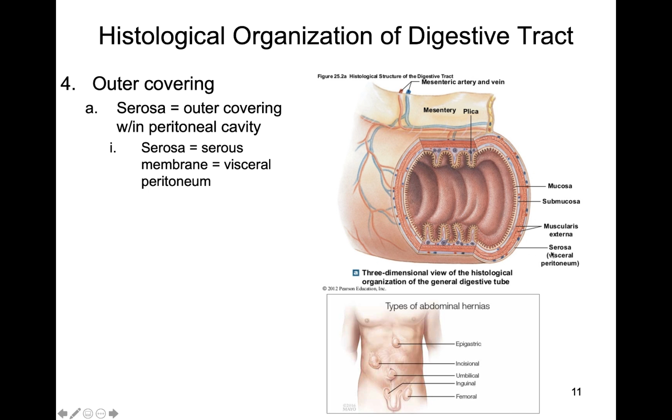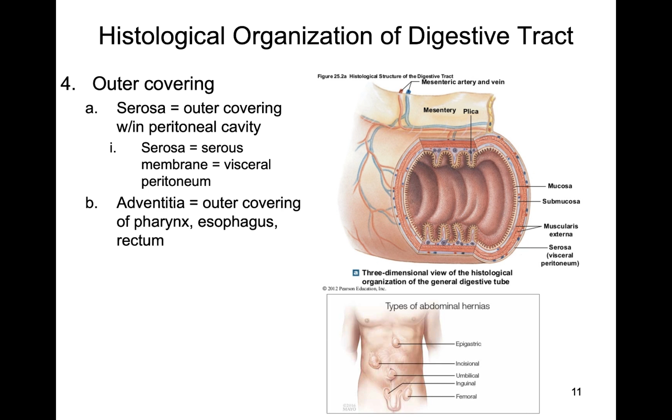this outer covering. So visceral peritoneum, when we use the word visceral, that's the one that's touching the organ, and you're also going to have parietal peritoneum on the outer layer. So this part, adventitia, is only present in the pharynx, esophagus, and rectum. In the rest, you just have serosa. So it's going to create anchor points for the ligaments to hold them in place so they don't move around